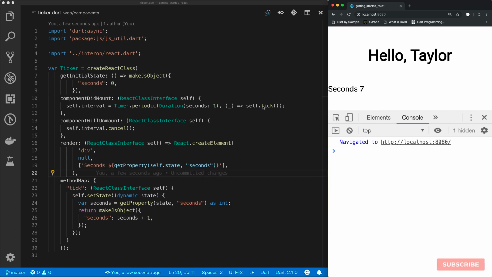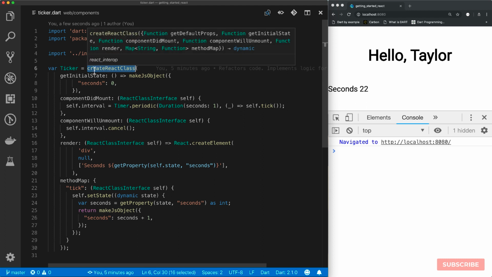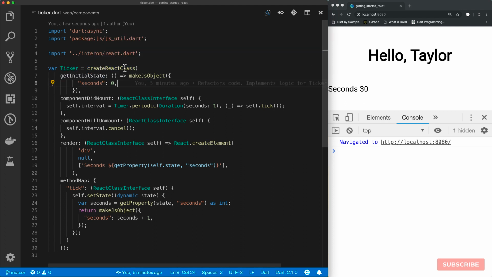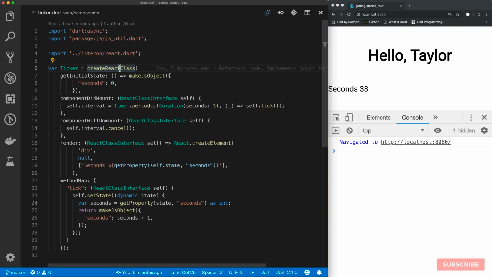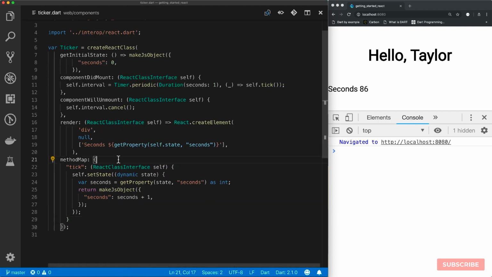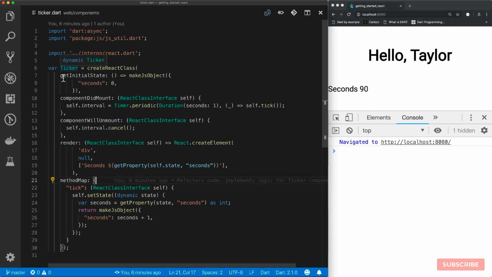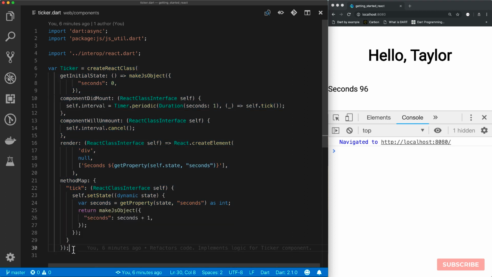So in the previous video, we essentially went over refactoring our interop function called createReactClass, which was a hook into the create React class module that we imported into our project. This was a fallback solution because we weren't able to use the .js interop solution to hook into ES6 classes. Now, although this works, I wouldn't necessarily recommend this approach if you wish to use React.js in your Dart